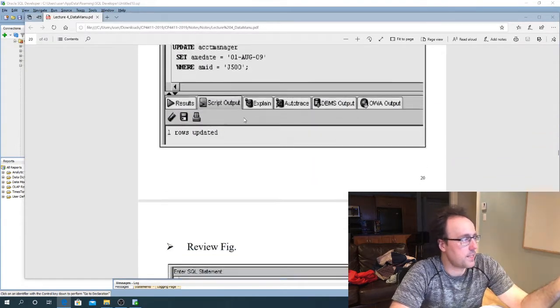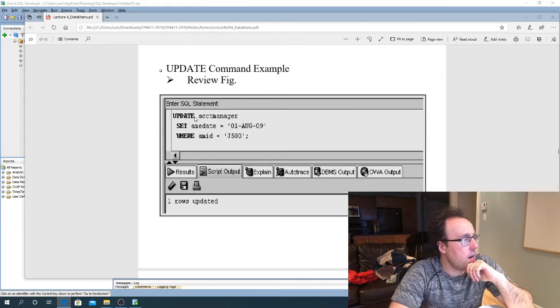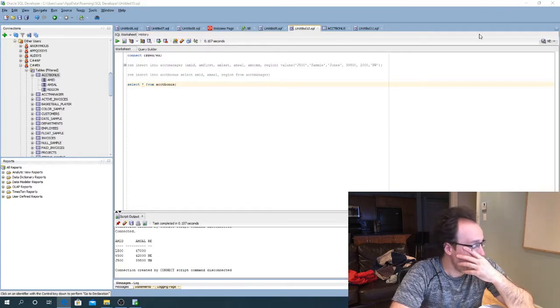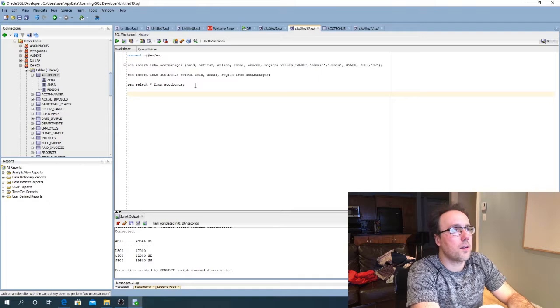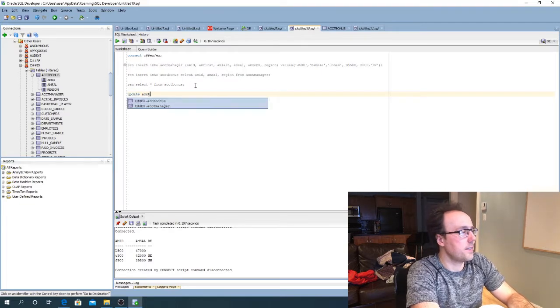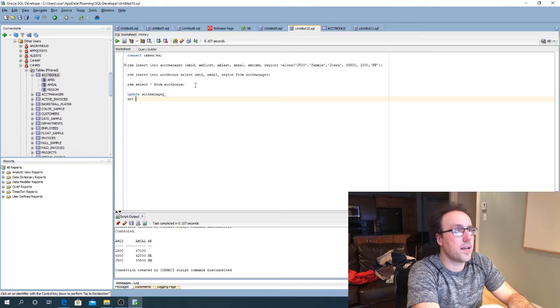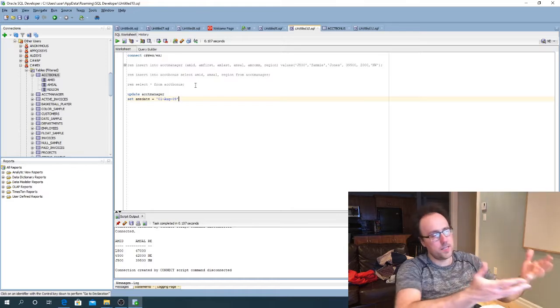All right, so we have a really simple example here for account manager. We're setting the AME date equal to the 1st of August, 2009. So let's do that example. So I'm coming in, just comment this out. Okay, so update ACCT manager, set AME date equal to